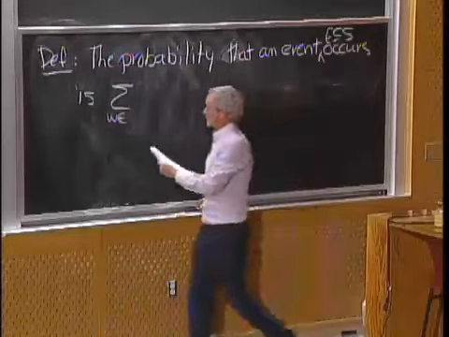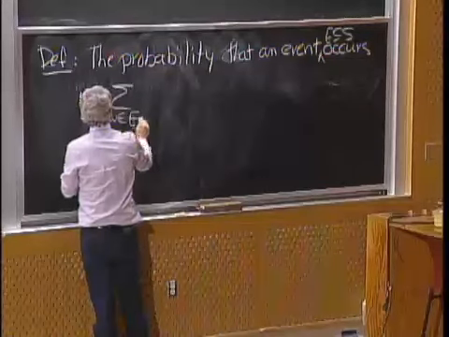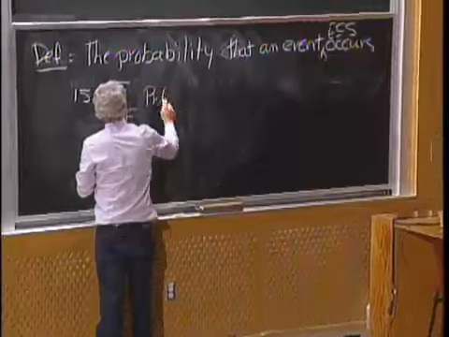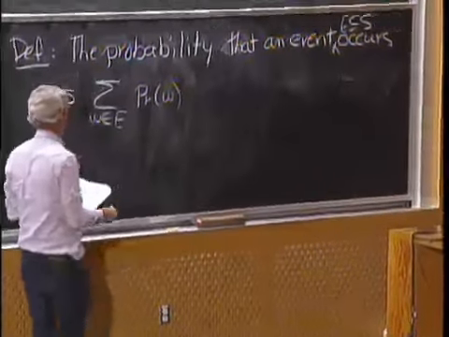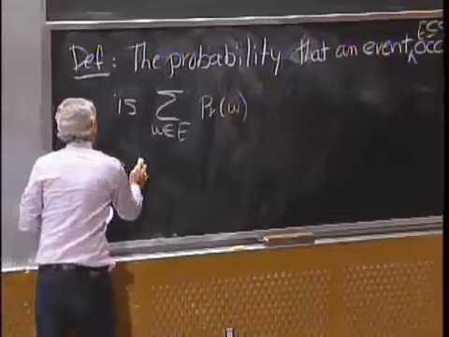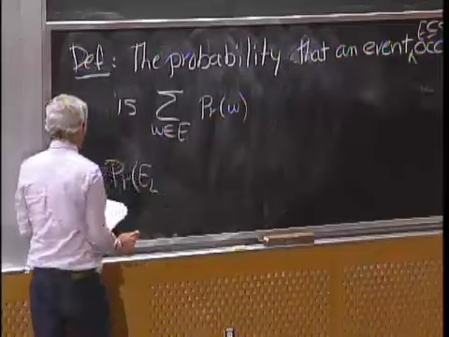The probability that E occurs is the sum over the sample points in E of the probability of those sample points. So for example, the probability of the event EL, where the player loses,